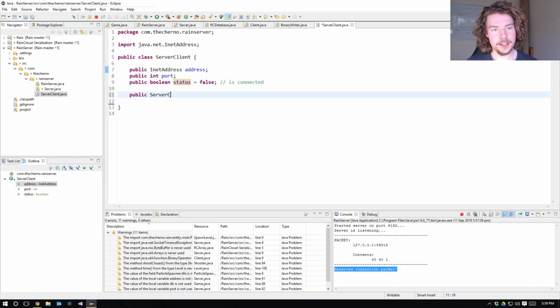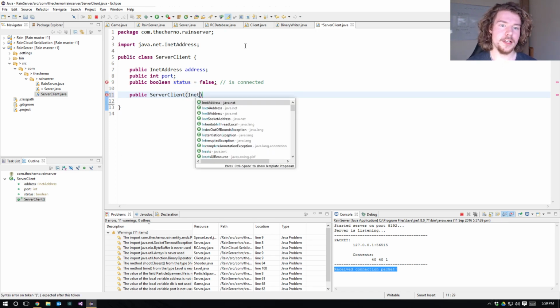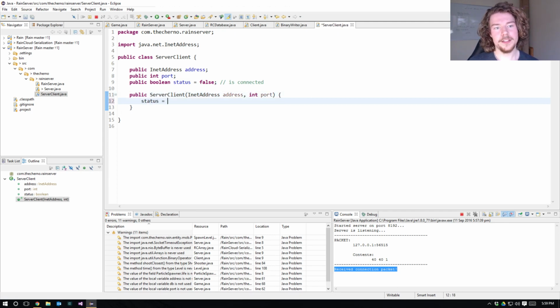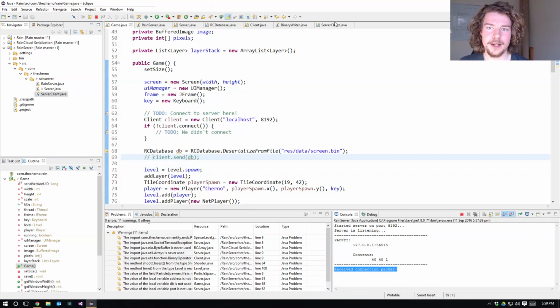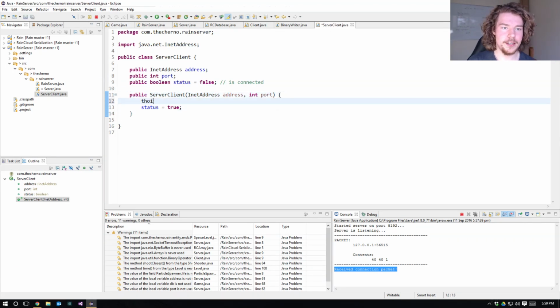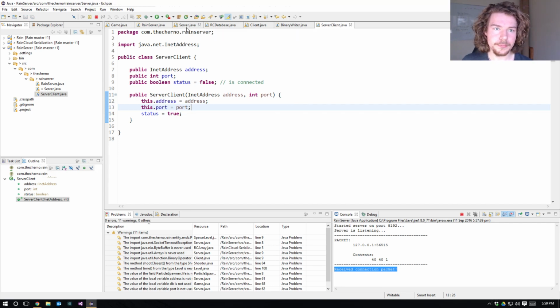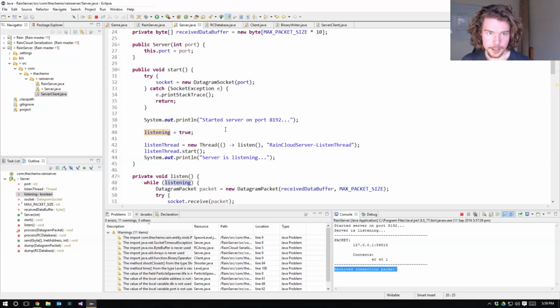So public server client. And I guess we can create a new client with an address and a port. And then we'll set the status true. I don't really know. We'll just do that for now. Whoops, we need to make sure we assign these. Okay, so what's going to happen is when we receive a connection packet inside our server, what we'll do is